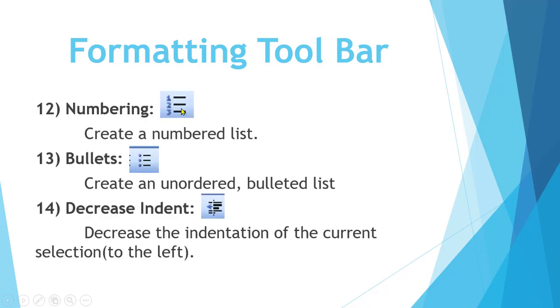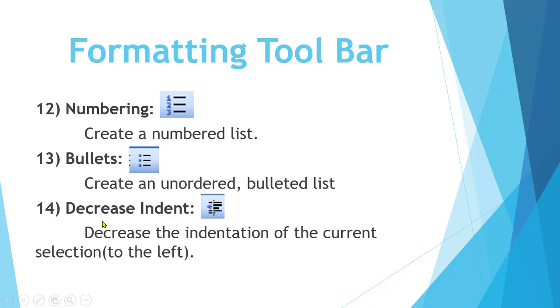There is another icon. This is called the numbering icon. Students, if you want to make a numbered list in which the sequence of the items matters, for this you use this numbering icon. You can apply numbering on that. And if you want to create an unordered list, meaning the sequence doesn't matter, then it is called an unordered list, and you can apply bullets on that unordered list.